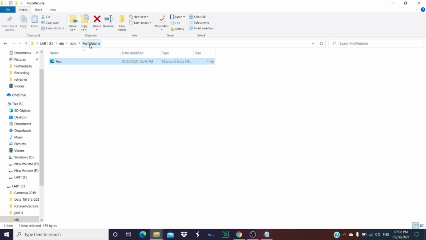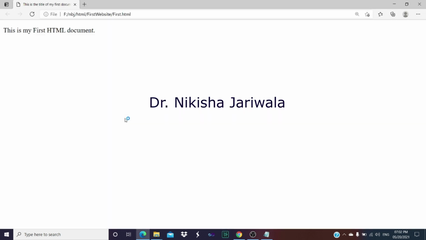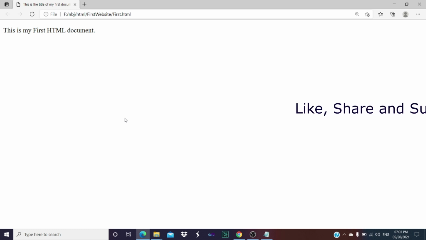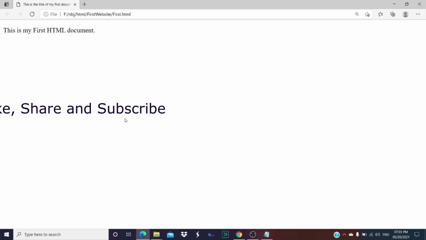So here is our first website folder within which we have developed first HTML page, that is first.html, right? So let's open it. If I want to open it, I will double click on it, right? As I do normally with all the HTML files, or more precise, all other files. But the thing you need to remember over here, that whenever you want to open that particular file so that you can edit the source code, for that purpose, you need to open that particular HTML document in Notepad. And that cannot be done directly by double clicking on that particular HTML document, because as it is an HTML document, by default it will be displayed within the web browser, which is displayed right now, right?